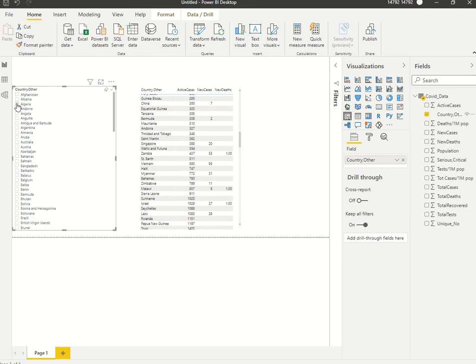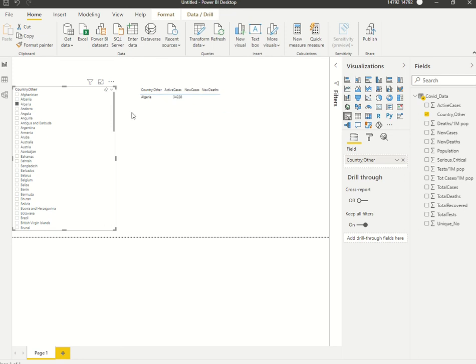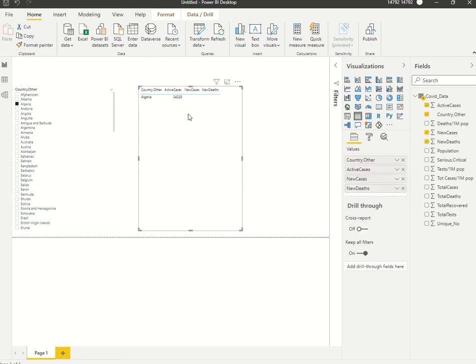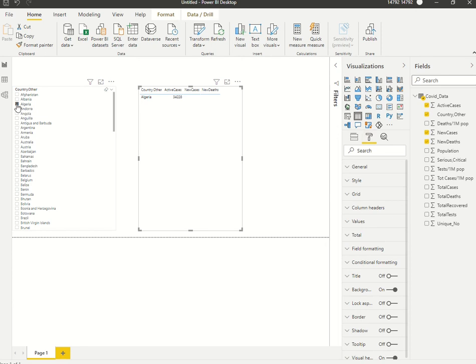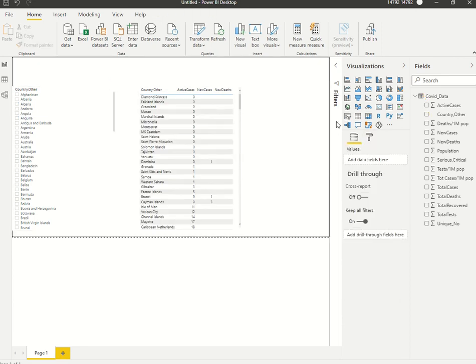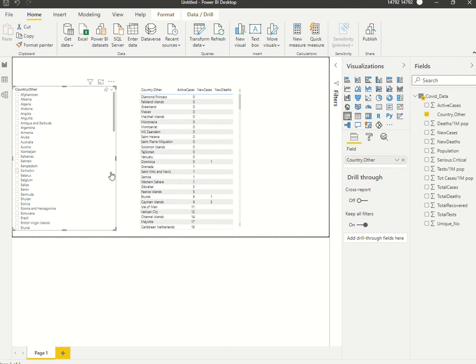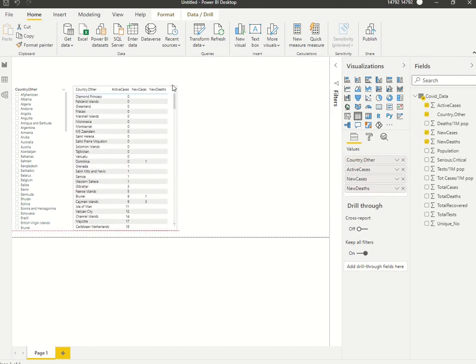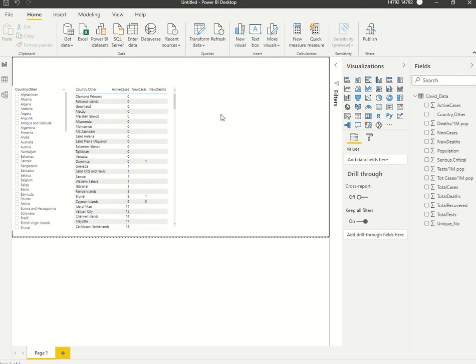If I'm clicking a specific country, then you can see here the table which is exactly filtered according to my selection that I have done from the filter. You have several visuals, but just to create a very simple dashboard, let's try to see how we can summarize this. I just need to know totally how many active cases in this,